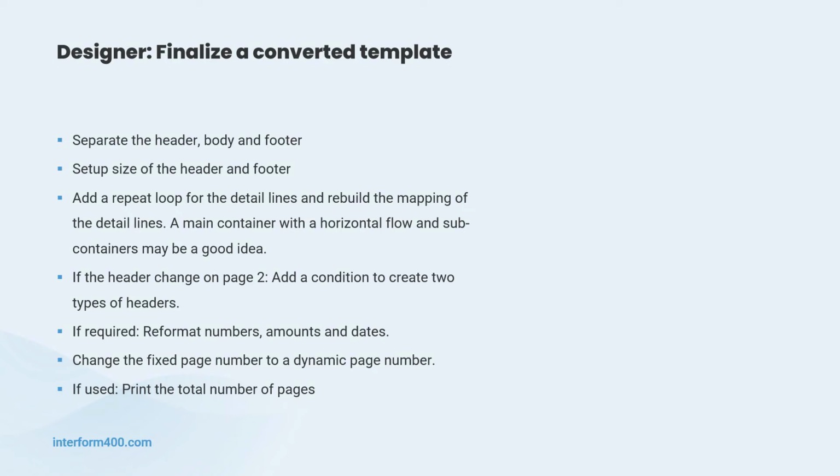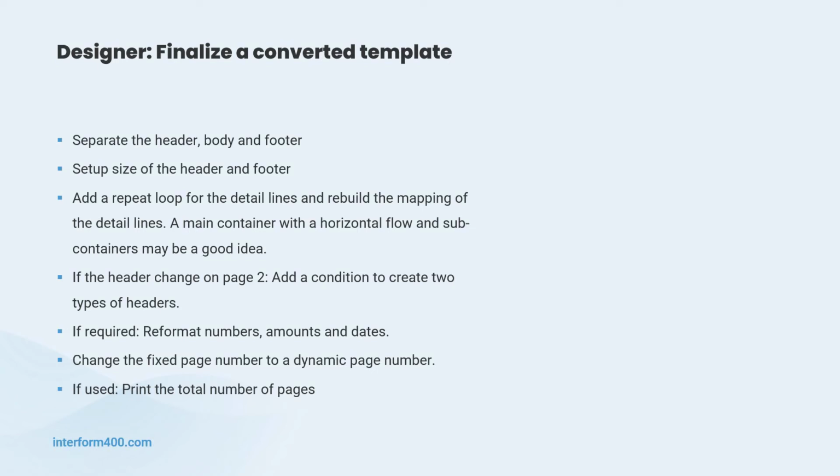First, we need to identify what is the header, body, and the footer, where we have all of the detail lines in the body, where the detail lines can overflow a single page, and we need to create another output page. We also need to look at the size of the header and the footer in order to restrict the area for the detail lines. We would need to add a repeat loop to handle these detail lines, probably also add a container in order